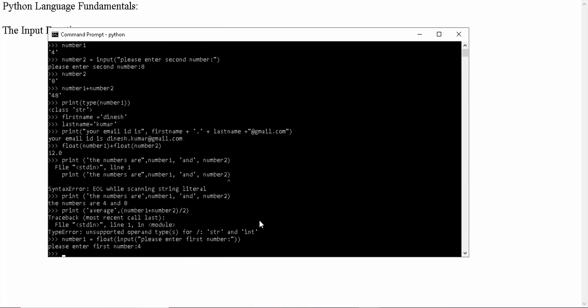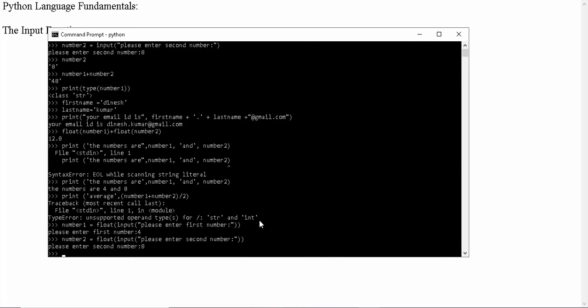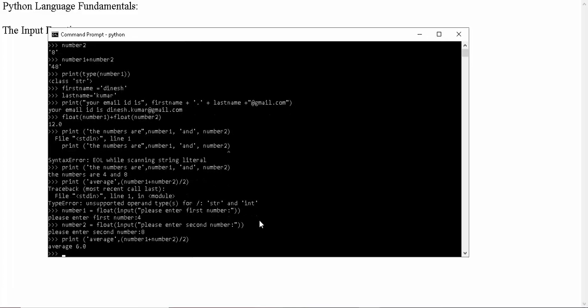I'm giving 4. Number2, 8. Now the average value is 6.